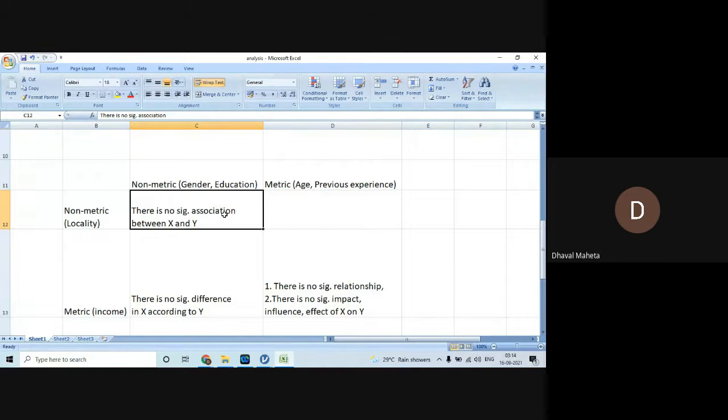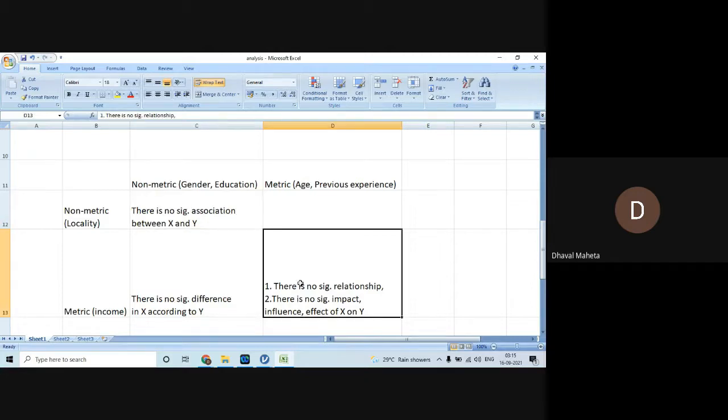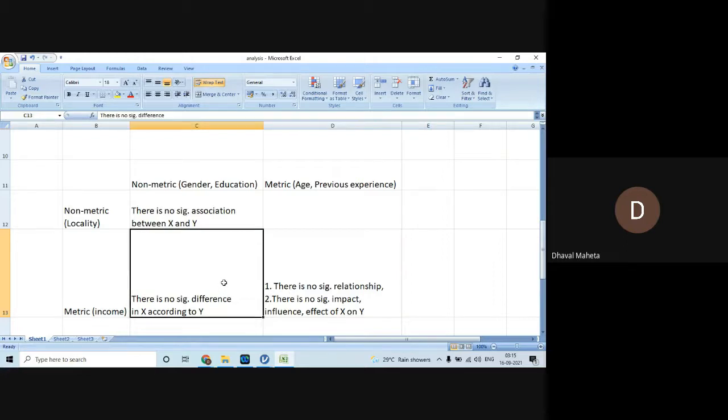When non-metric to non-metric, we write the null hypothesis as: there is no significant association between X and Y. When non-metric to metric, which Hitesh sir has already taken, you frame your null hypothesis as: there is no significant difference in X according to Y. And here, there is no significant relationship between X and Y, or no significant impact of X on Y. So for ANOVA, my null will be: there is no significant difference in salary according to the job category.